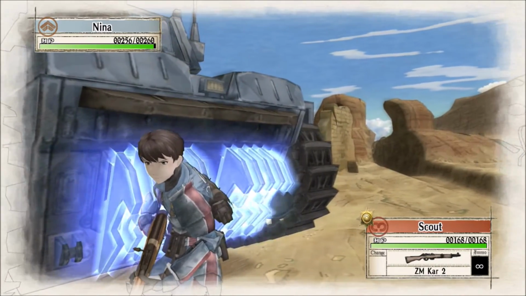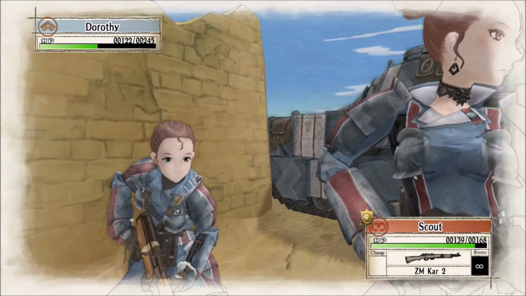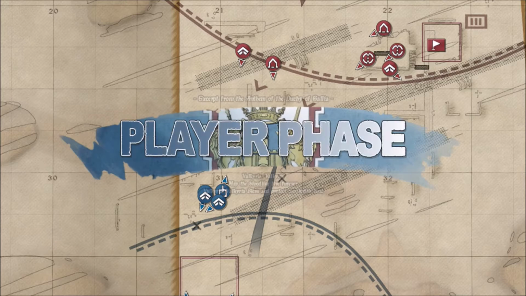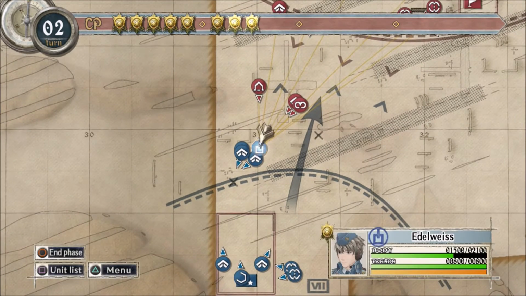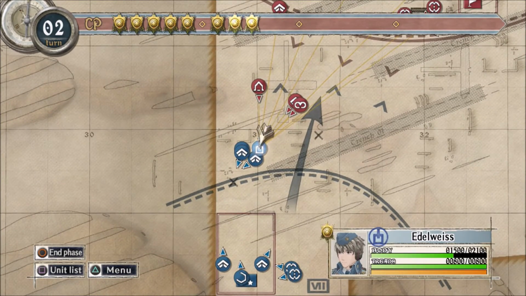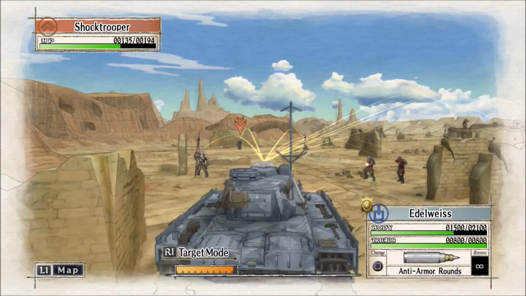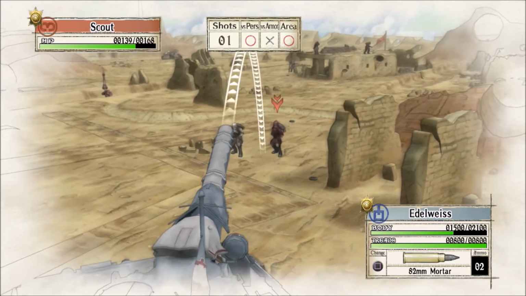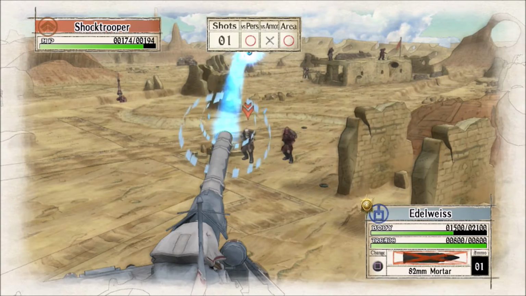So yeah, and we have a scout coming. So let's see where it ends up. They end up there. So I need someone to take out that Lancer there. So let's see who will suffice, shall we say. Well, firstly, I'm going to move the Edelweiss a bit further and actually blast the living crap out of both that scout and that trooper,